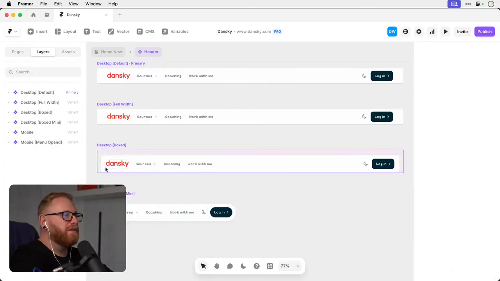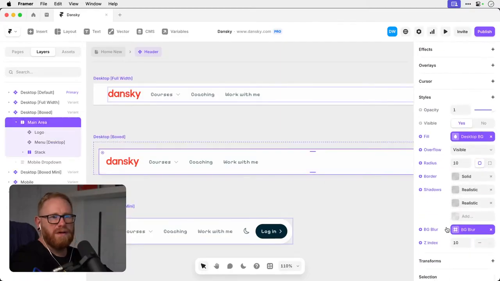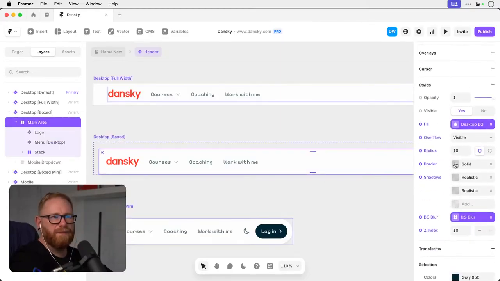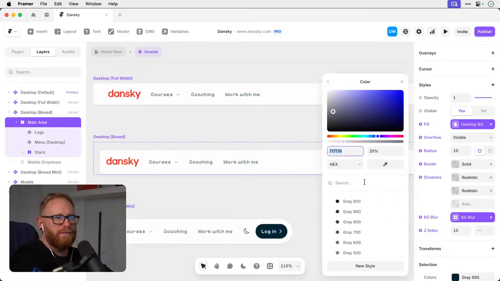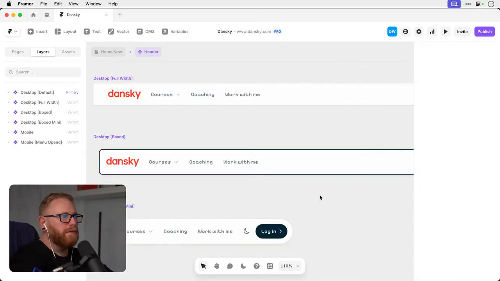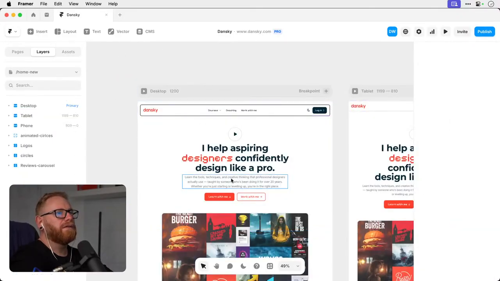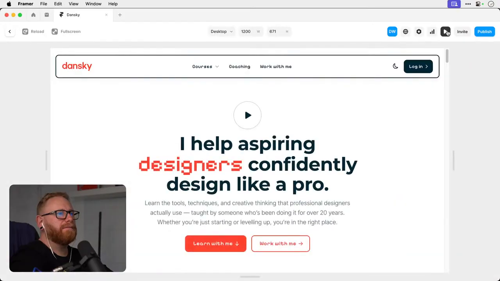Desktop boxed. So do you have a border? 2. Let's see how that looks. Ooh, might be a bit thick. I don't know.